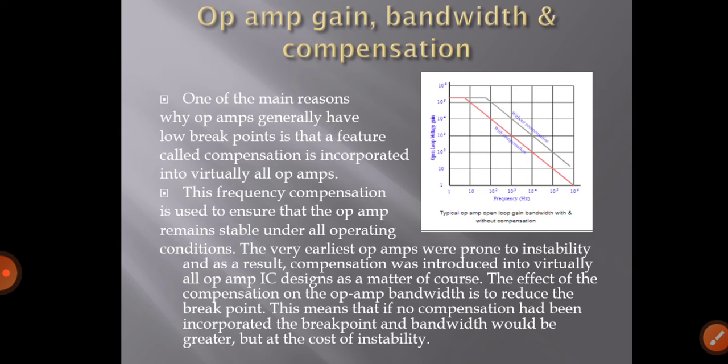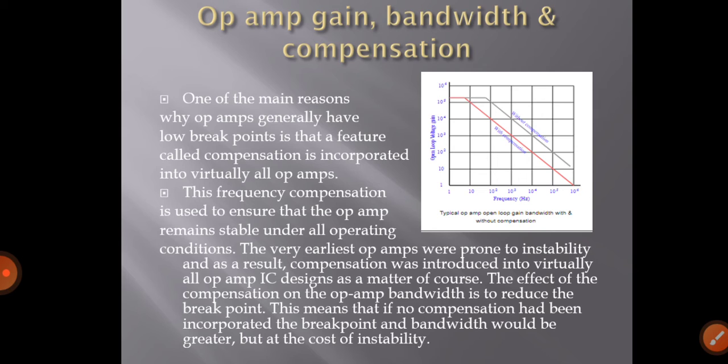This frequency compensation is used to ensure that the op-amp remains stable under all operating conditions. The very earliest op-amps were prone to instability, and as a result compensation was introduced into virtually all op-amp